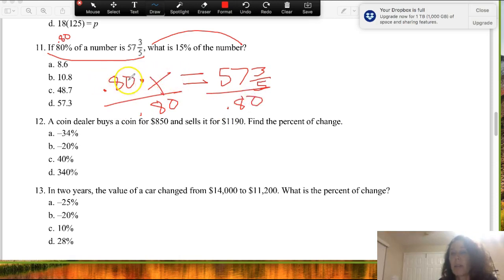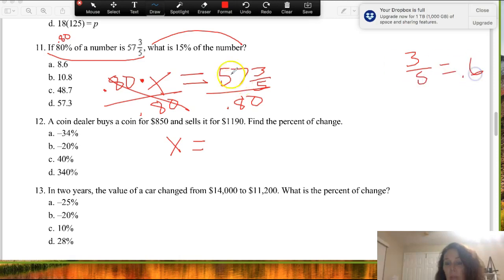This is a multiply, so the opposite of multiply is divide. Cross that out, and I'm going to get X is... I'm going to do this on a calculator, 3/5. What is that in decimal form? I'm going to go 3 divided by 5 on my calculator, and that's 0.6. So this is